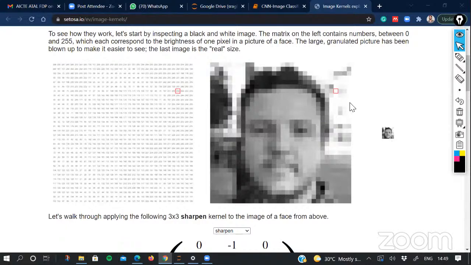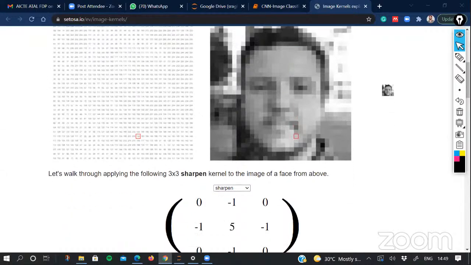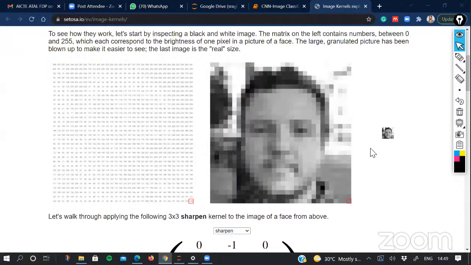When you zoom in, it is represented like that, and each of these pixels is represented with one value ranging between 0 and 255. So this face is represented with this set of numbers in computer memory. Now, if I want to extract the features of this face image, I can utilize certain filters, and this is what we call the convolution process.